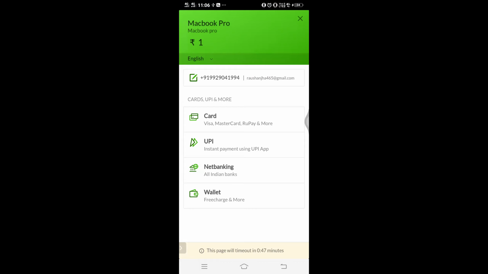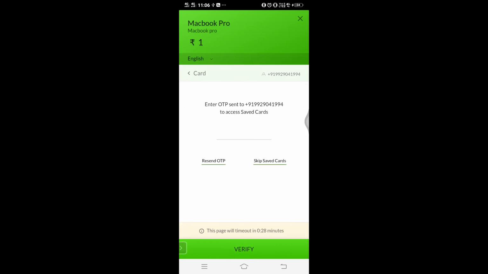Then we have a card option, UPI, net banking, and wallet. And this page will time out in 42 seconds. Why? Because we gave a timeout of 60 seconds. So if I click on card, first we get an OTP on your mobile number.